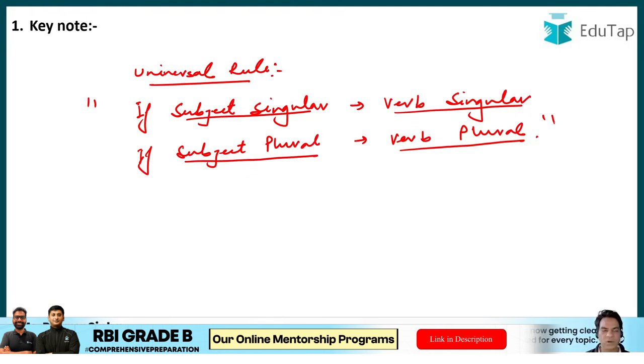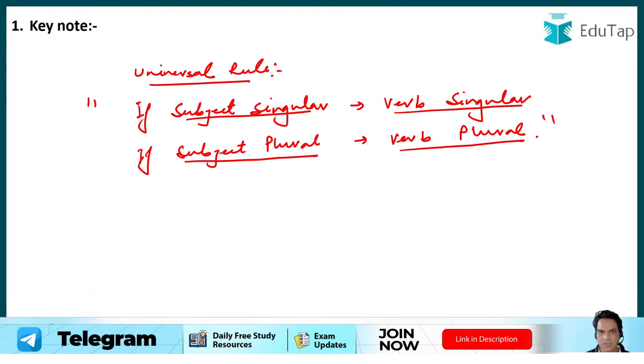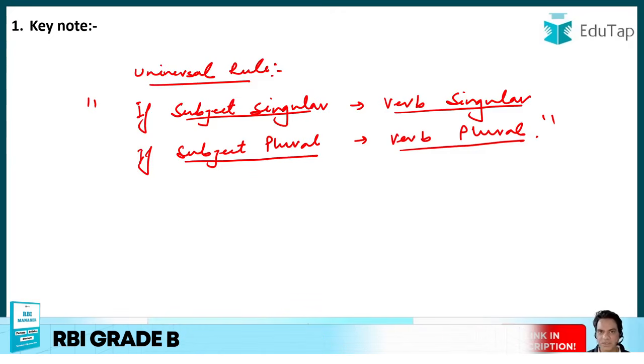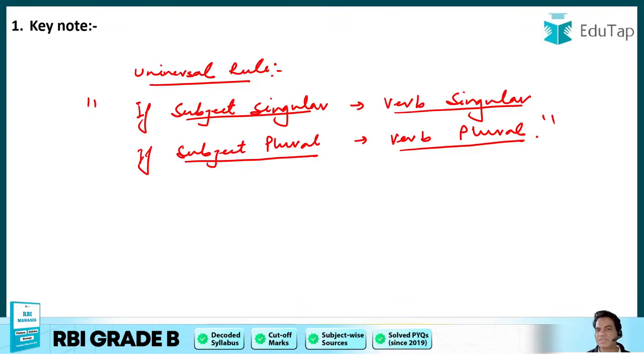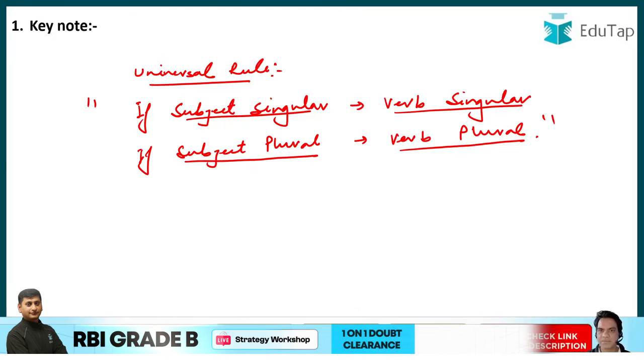As far as I know, in normal sentences, there is no exception to this rule. But yes, there are a few scenarios which might confuse you along the way. Those concepts I'll teach you in the chapter. But the broad rule that you need to follow every time is: you locate the subject, you follow the verb, and the verb must be in agreement with the subject.